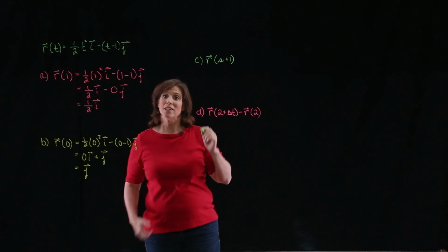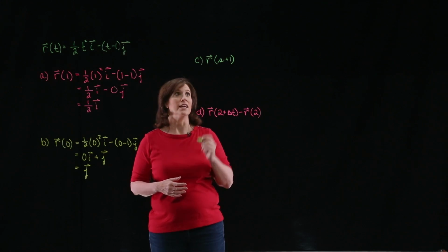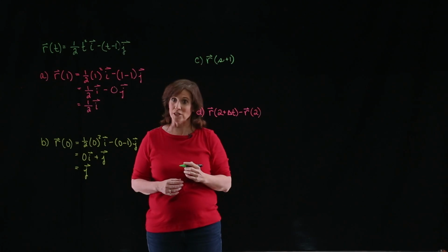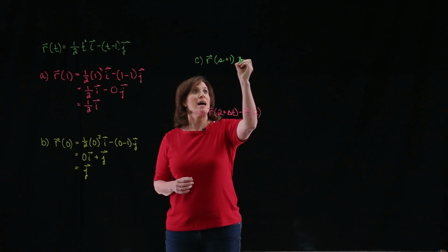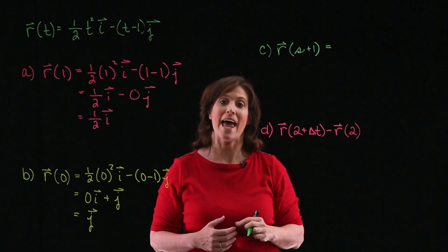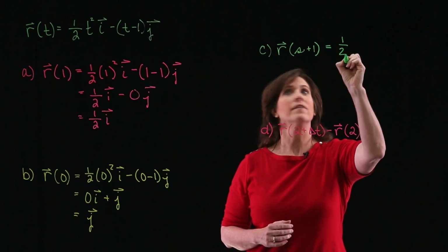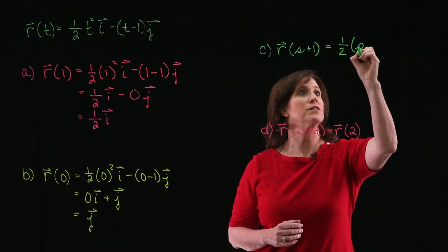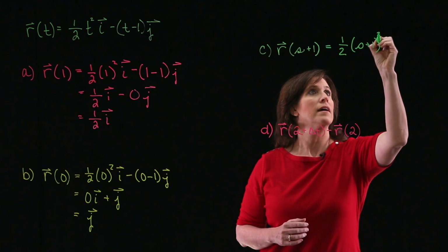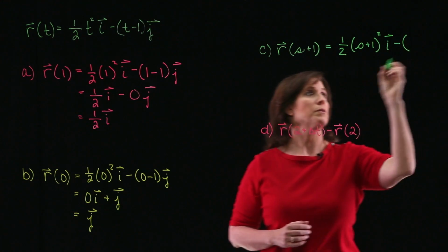All right, so the next one's a little bit more complicated. Instead of substituting in a numeric value for t, we're going to be substituting in an expression. So every time I see the value t in my vector-valued function, I'm going to replace it with s plus 1. So this gives me 1/2 times the quantity s plus 1 squared times vector i minus s plus 1